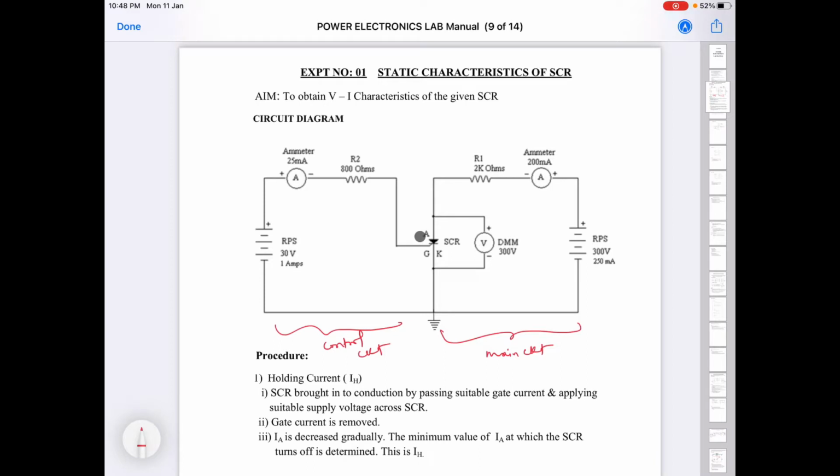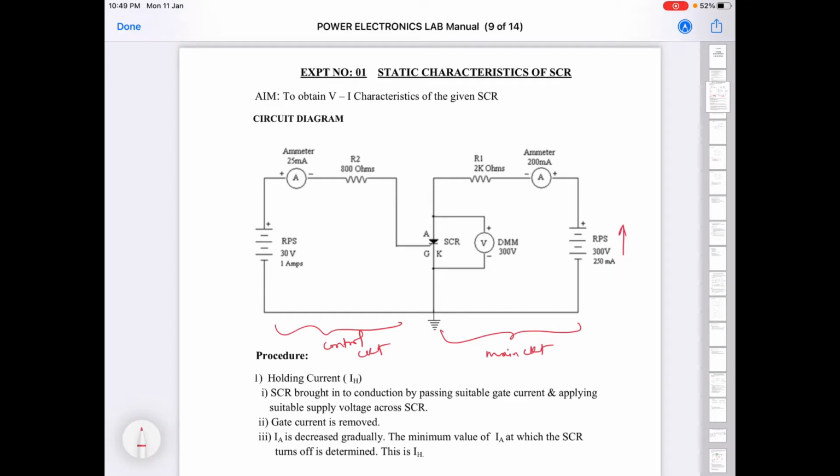And here, how to make this SCR on? See, SCR is nothing but a thyristor actually. But why do we call it SCR? Because this thyristor finds most of its application in semiconductor controlled rectifiers. Since in rectification in other experiments of power electronics you find SCR, where we are using it for rectification.